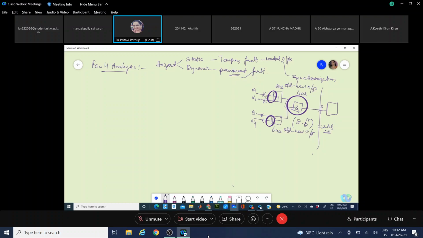you will not come out of the permanent fault. That means you have to identify which circuit, path or segment has a fault, where some damage has happened, and repair that segment. That is your dynamic fault. But static hazard, we said, is a temporary thing that happens because of the element of synchronization. So what can be the remedy for that? In a design,